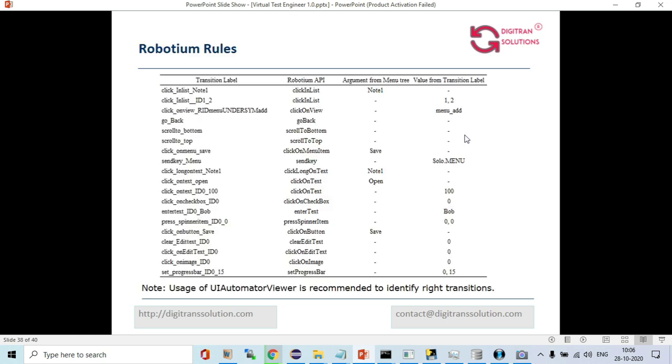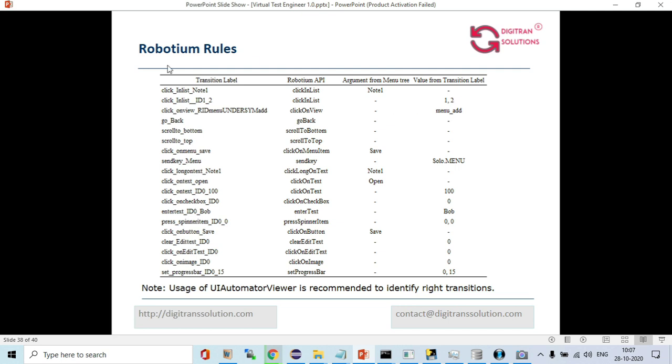Then the Robotium rules. For example, to generate the Robotium test cases, these are the rules followed. If in the transition level you click _InList_note 1, then the Robotium API selected is click InList, and the argument note 1 is taken from the menu tree DB. The value from label is nothing.